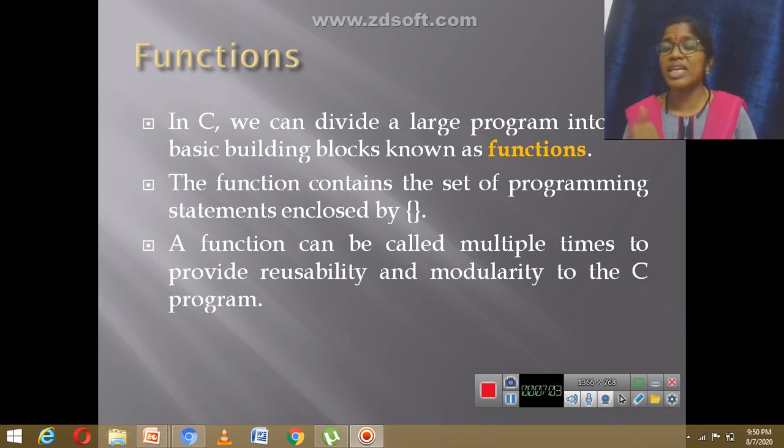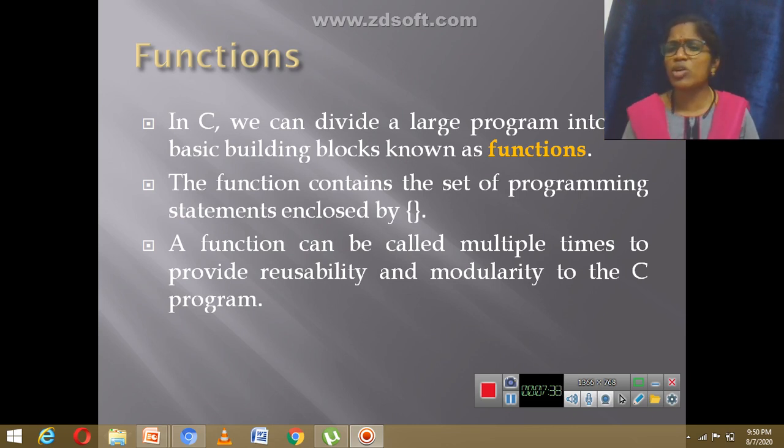But using the function, I will write those 15 lines at one place and I will call it a function. So my task is given to that. Whenever I want to search an element from the given set of elements, that means the same task, searching, I am naming it as searching. So the searching will be done only when I call that function. So I can call that function any number of times.